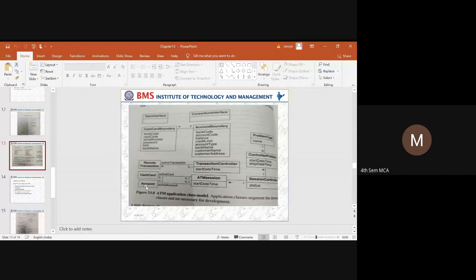Next thing is the account class. If the account is in an active state, when the customer tries to communicate with the system, all these details are taken care of with respect to the ATM session. Since this ATM transaction is a remote transaction, it will be identified whether the transaction is active or not. If there is no communication line down, the customer can insert the card and perform the transaction. This is how we represent the application class model.